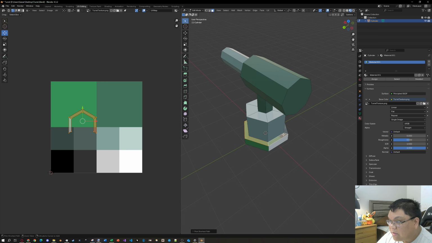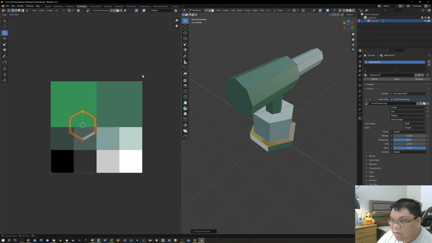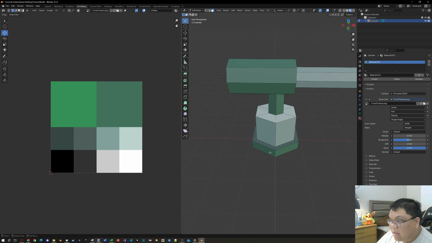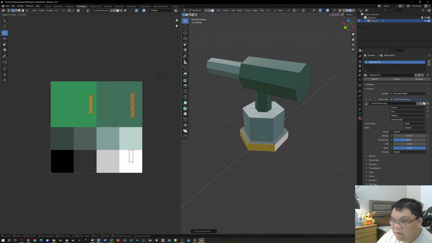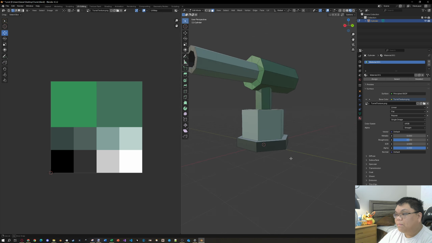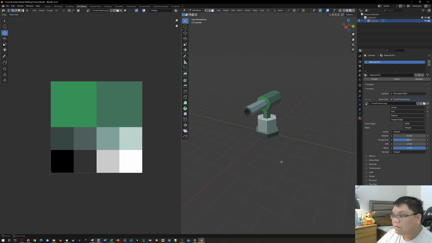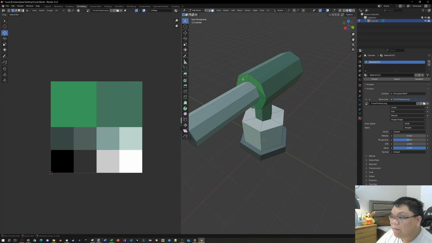Select these faces down here, shrink, and let's move it into this dark color here. And finally, 1, 2, 3, 4, 5, 6. Select these faces and move them to this dark gray. Alright, we got a turret. Nice. Okay. Maybe I don't like the particular choice of color, so I'm going to